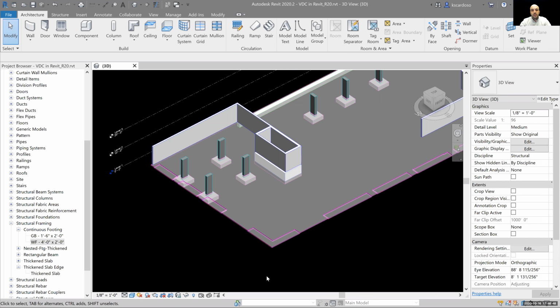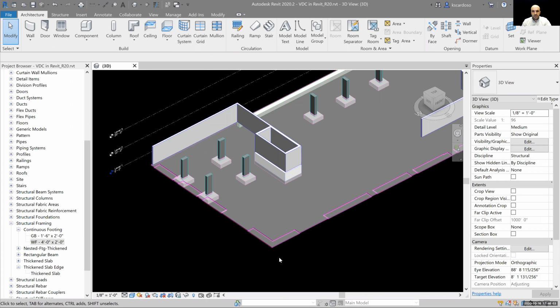Right now, after we got our floors modeled in, we can start to add some of our footings. And we added some in that back corner there, right? In that back corner. And we understand the workflow for adding continuous footings or perimeter footings when we don't have a wall, right? So if I zoom in here,